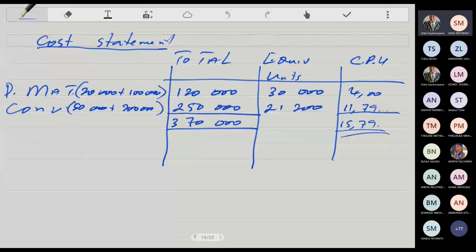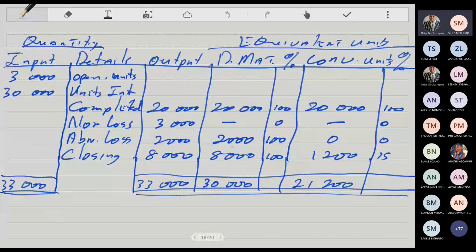We've got 2,000, and only the direct material is being affected by the loss, so we are going to allocate the cost only to that direct material. Abnormal loss of 2,000 units. So we say direct material is 2,000 units times 4 rands. If you've got time, you can write also